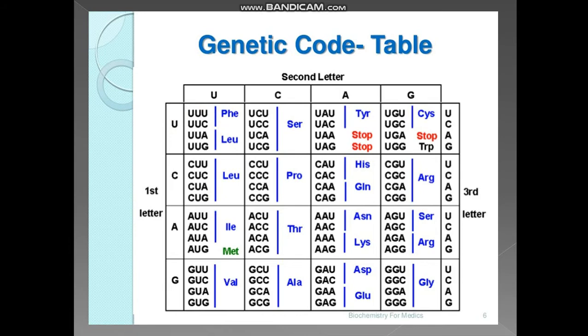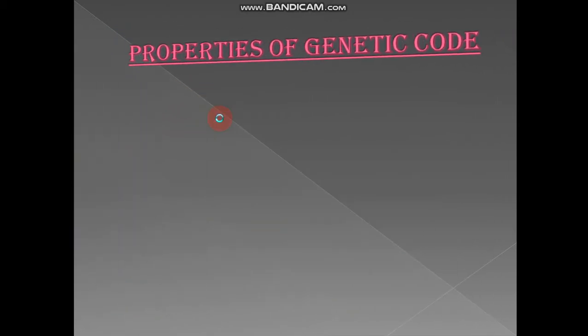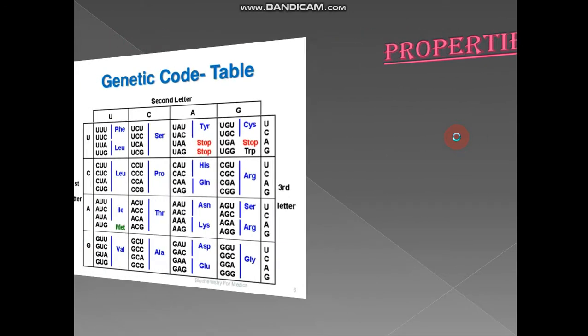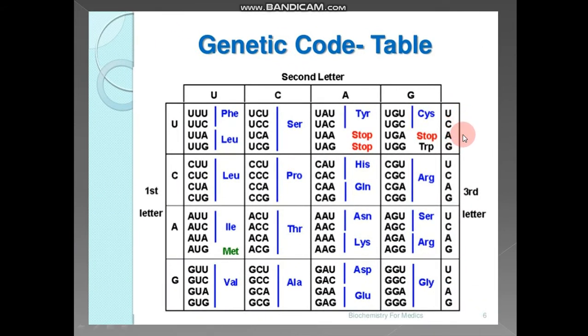So this is how this whole table is being made. First nucleotide from this column, second nucleotide from this row, and third nucleotide from again this column. Clear? So similar thing you will keep on doing. If we talk about this one, the first letter will be A, second will be U, and the third will be U, C, A and G simultaneously in the next, like AUU, AUC, AUA and AUG. Clear to all of you?